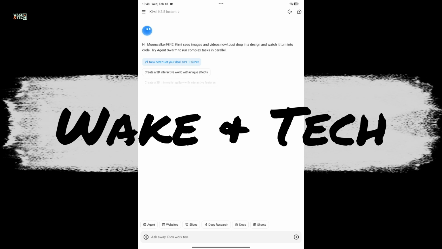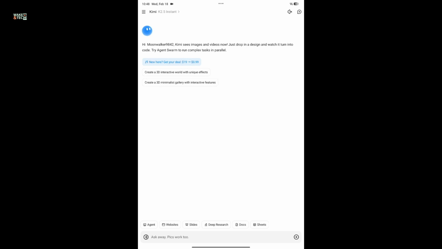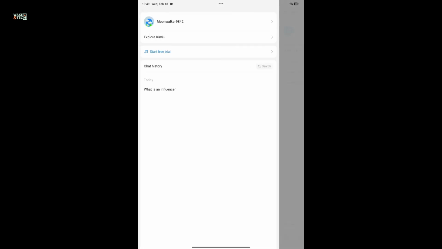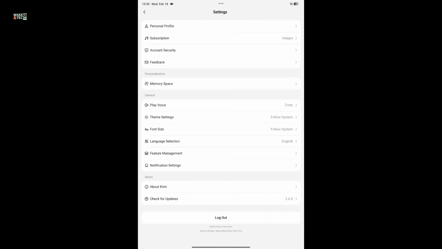In this video, we are going to learn how you can easily and quickly sign out of your Kimi AI account. First of all, launch the Kimi AI app on your device, and from the home page, go to the top left corner and tap on the three horizontal menu button. From the expanded menu, click on your name or your username at the top,